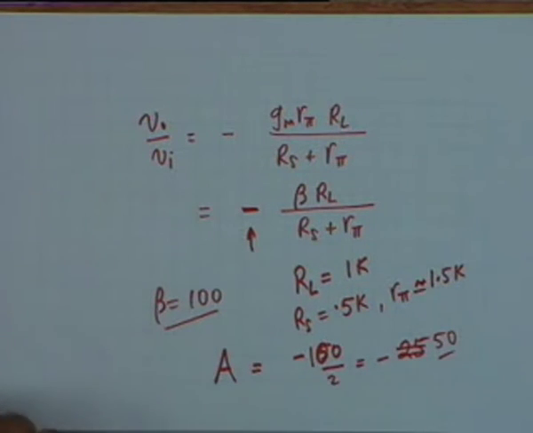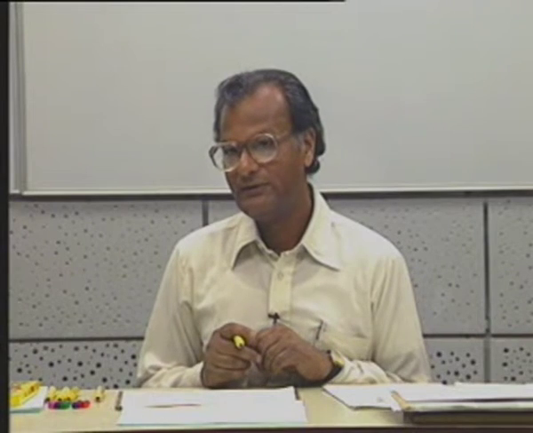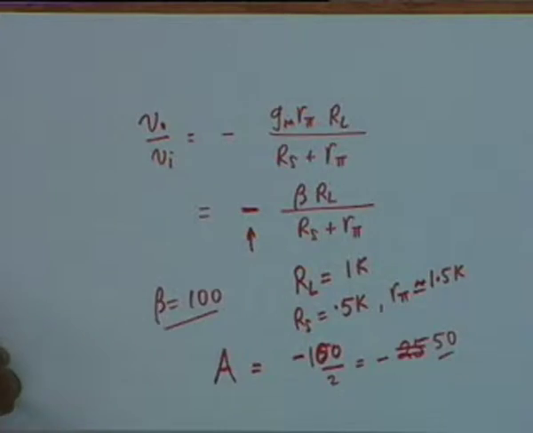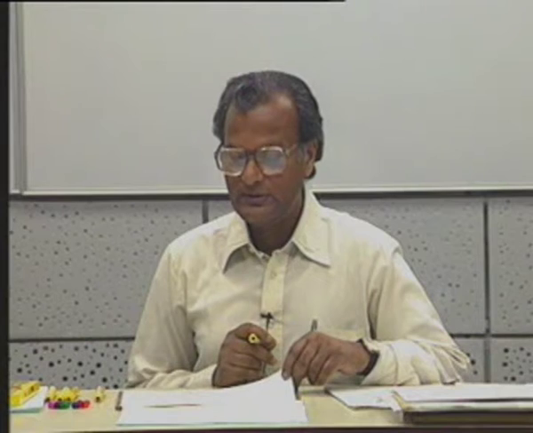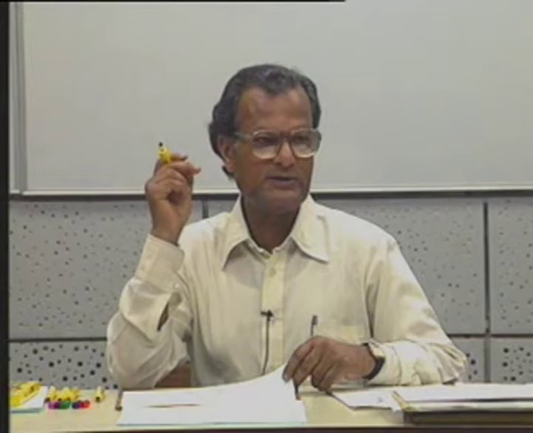In other words, if you put 1 millivolt at the input, 1 millivolt peak, then you get at the output a voltage which is 50 millivolt peak, alright. And if you use a higher beta transistor, or you can reduce Rs, you can get a higher gain. The gain can be increased to, there is an upper limit, but it can be increased to a useful value. For example, you have a signal from maybe a process instrumentation of the order of, let us say, microvolt, which cannot be read by a meter, alright.